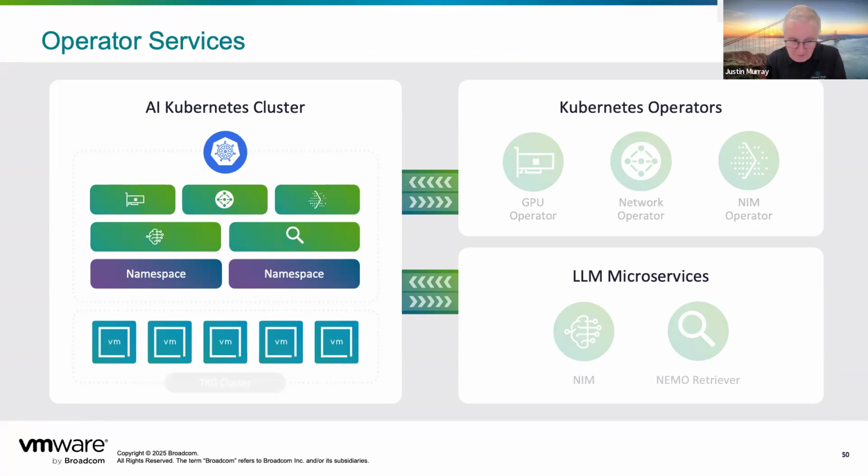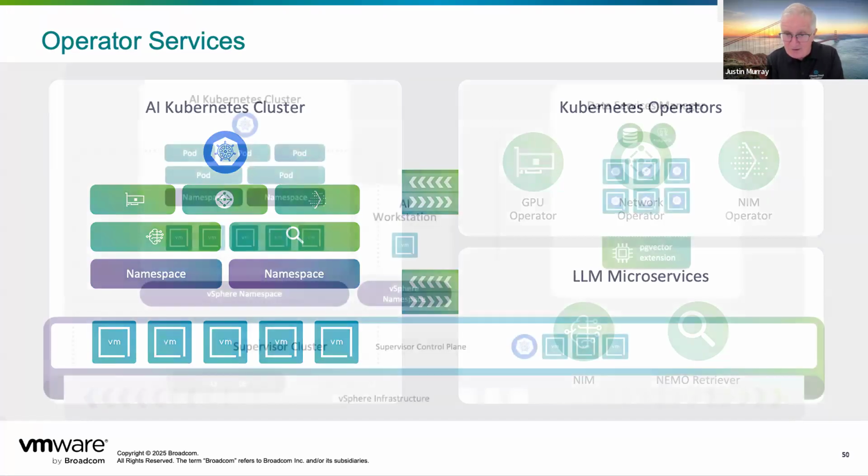That AI Kubernetes cluster was created by the automation technology using the supervisor cluster as the means of creation. So I get a collection of VMs. Each VM is a node in a Kubernetes cluster, and 1 or 2 of those nodes may have GPUs attached to it. That's my choice when I'm constructing it. Those VMs will get the right drivers as a result of the automation that you just saw here.